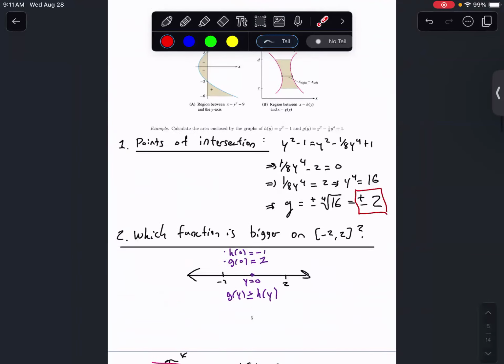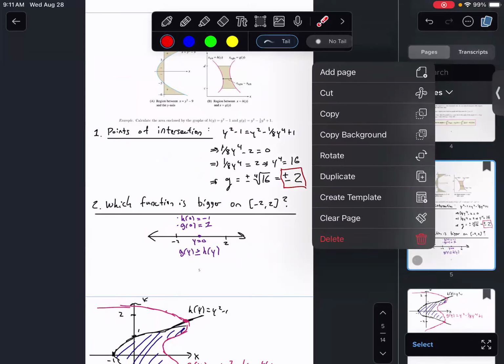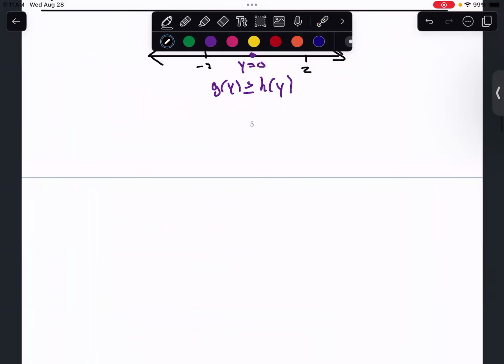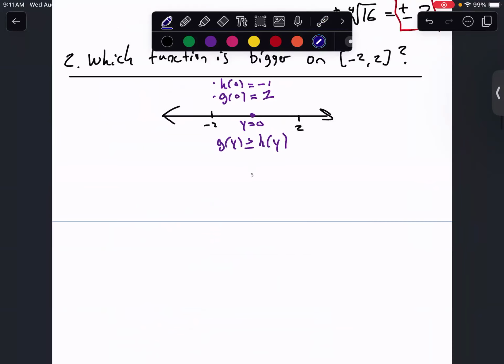Okay, so I'm just going to do this below. The interesting part, of course, for these problems is just setting up the correct integral in the first place. Usually computing the integral is pretty simple. So the integral, or the area, is going to be given by the integral from -2 to 2 of g of y minus h of y,